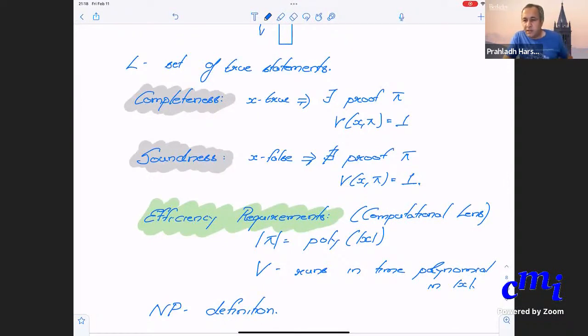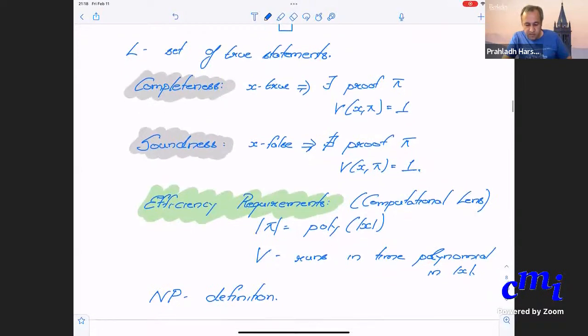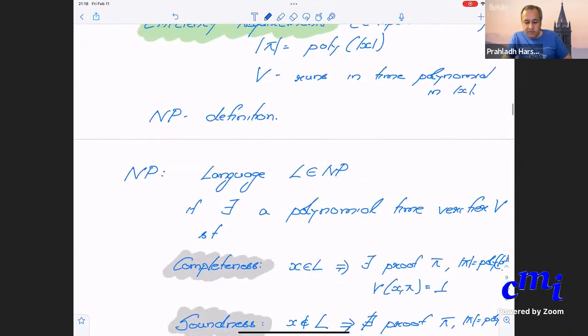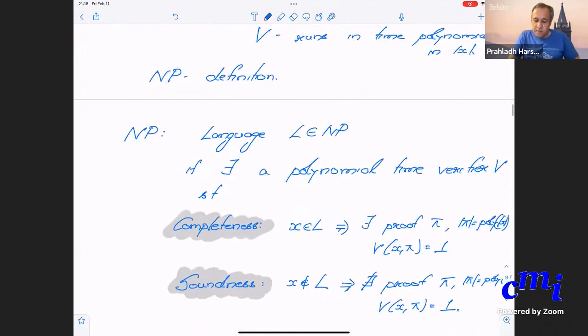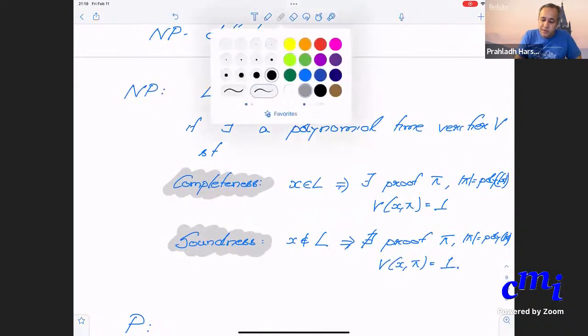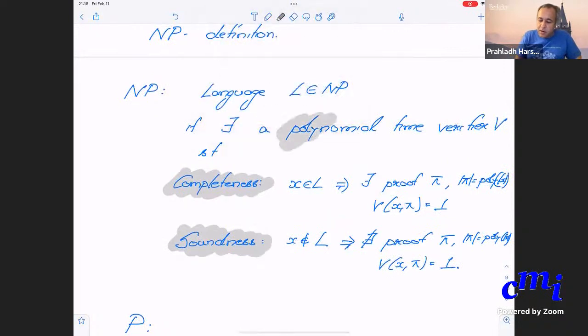Some of you might have heard about this. This is basically what I have led you to, this definition of the class NP. So let me just formalize it. A set of statements is said to be in NP if there exists a polynomial time verifier. So the important things are these. If there exists a polynomial time